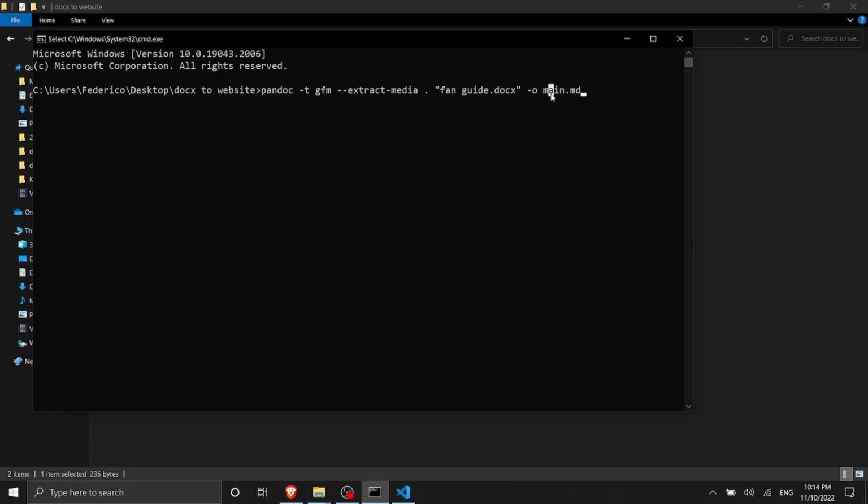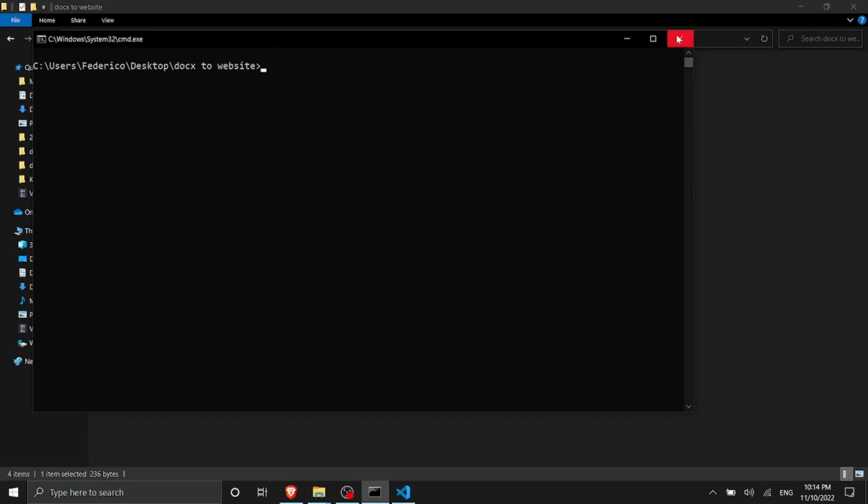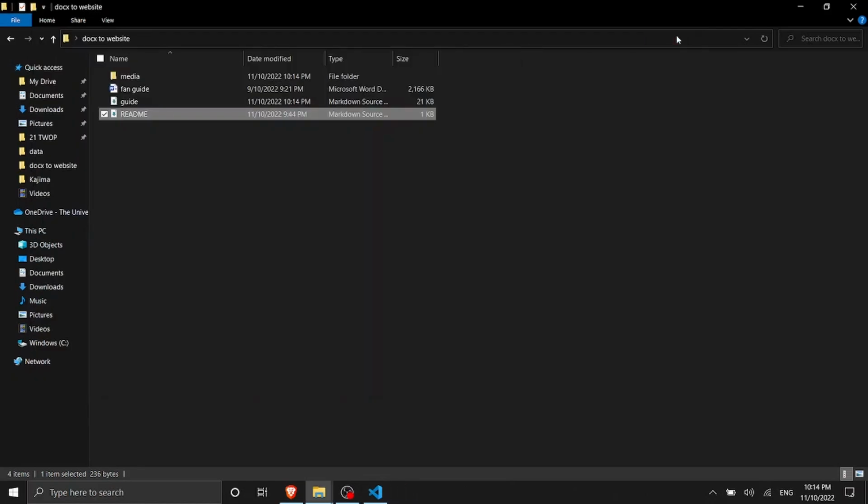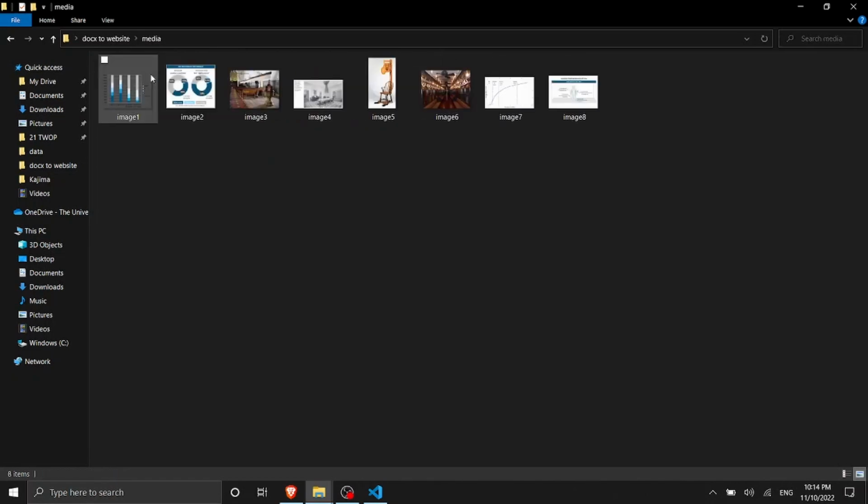We can change this, and actually let's change this into a guide because this is not going to change anything. So we're going to say guide.markdown. This is going to convert the document for us. It has created our document, so we can close the command line. And as you can see here, now we have guide, which is the markdown document, and we have media. Media contains all the figures that were inside our Word document, and now they are all extracted, so we can